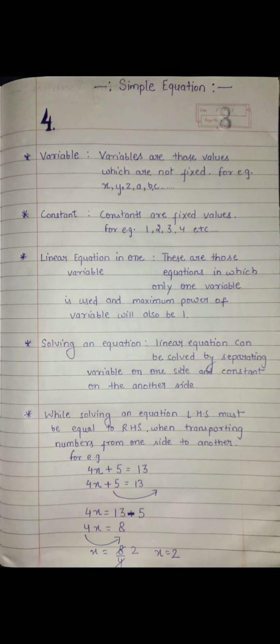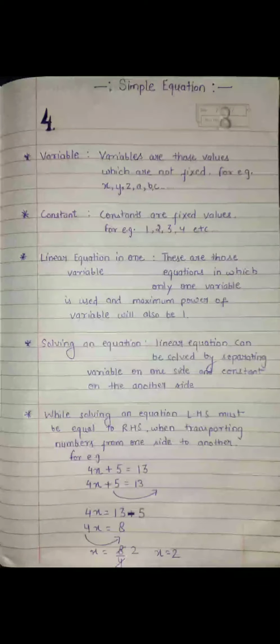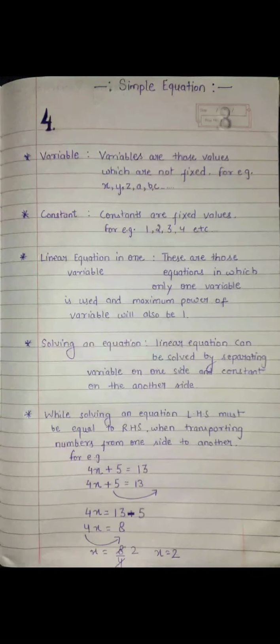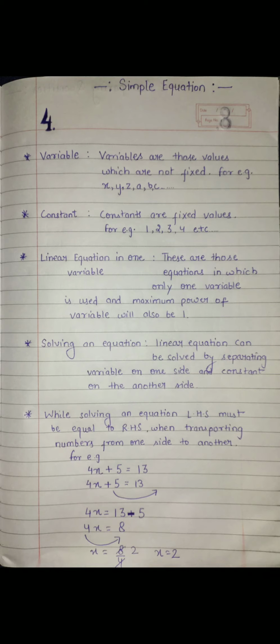Now how to solve a linear equation? There are three rules that we need to memorize while solving an equation. First of all, when we are going to solve a linear equation, we have to keep in mind that variables will be taken on one side and constants must be taken on the other side. While adding, subtracting, multiplying or dividing any constant on any side, we must ensure that the left hand side remains equal to the right hand side. If it gets unbalanced, then your answer won't come out correctly.